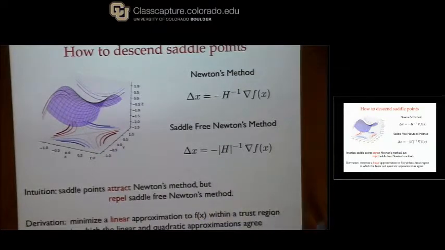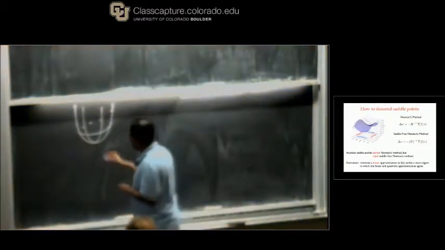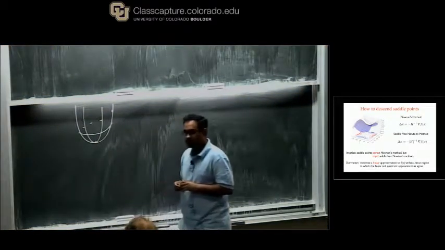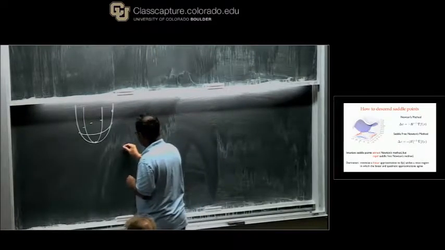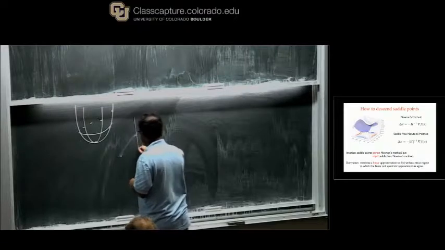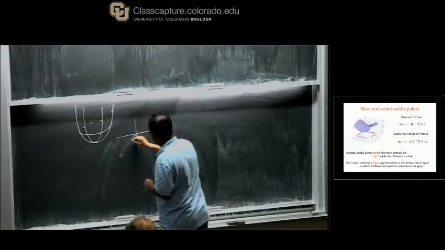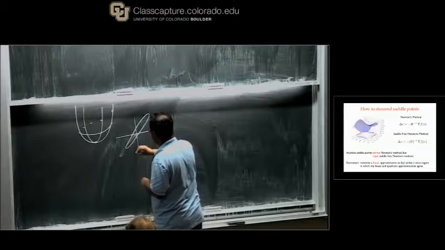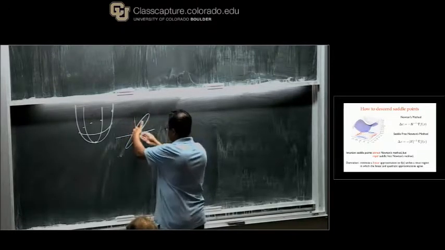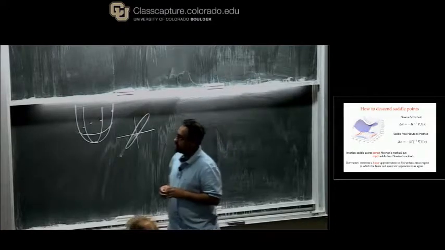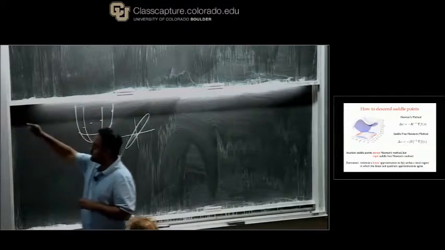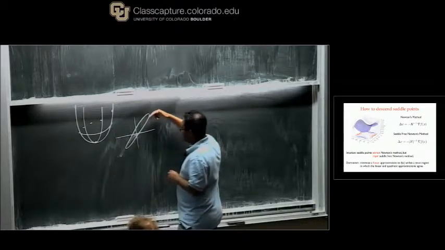The entire theoretical motivation for Newton's method is that you descend a quadratic bowl in one step, right? So if you have a quadratic bowl and you're here, if you apply that update, you will end up at the minimum in one step, okay? The reason it's kind of useful is if I look at the contours of this quadratic bowl, and if it's an ill-conditioned problem where some of the eigenvalues of the Hessian are large and other ones are small, right, then dividing by the eigenvalues of the Hessian in each of these dimensions will